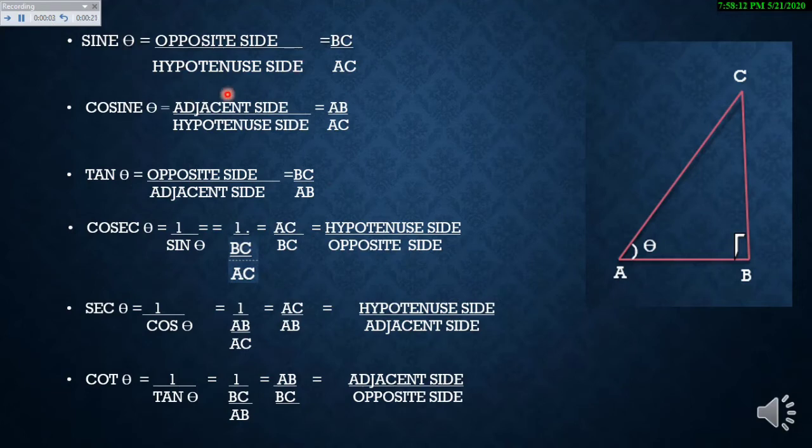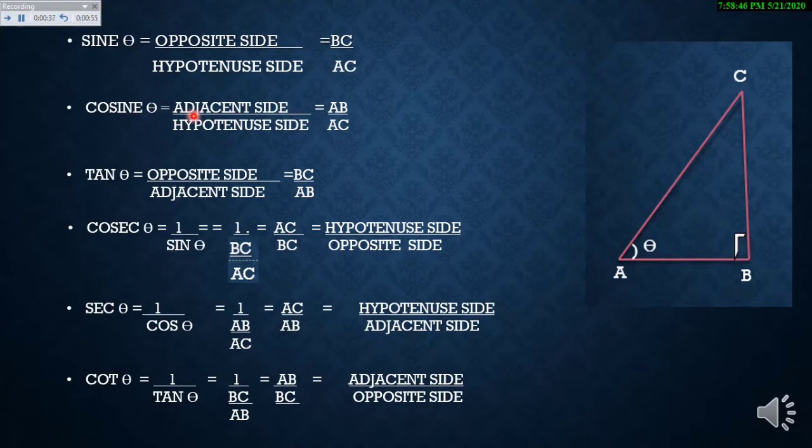So yesterday we discussed sine theta. In the previous part we discussed these functions: sine, cosine, tan, cosecant, secant, cot, and today we'll revise it. So what is sine theta? Sine theta is opposite by hypotenuse side. What is the opposite side? The side which is opposite to the angle given is known as the opposite side, right? What is hypotenuse? The side which is opposite to the right angle is the hypotenuse side.